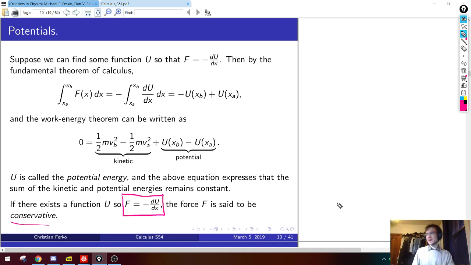If you roll a ball and friction acts on it, it's going to slow down and eventually stop. So the kinetic energy at the beginning is non-zero, it's moving. The kinetic energy at the end is zero, it's stopped. And it didn't gain any potential somehow. So friction does not conserve energy. Viscosity or drag for a projectile moving through air is also not conservative. So this isn't always true, but if you can find such a function, then f is conservative.